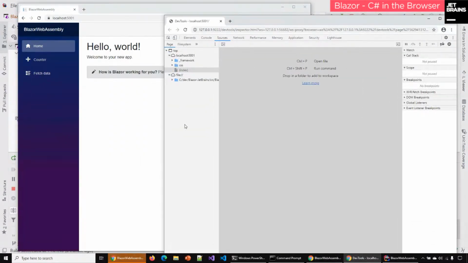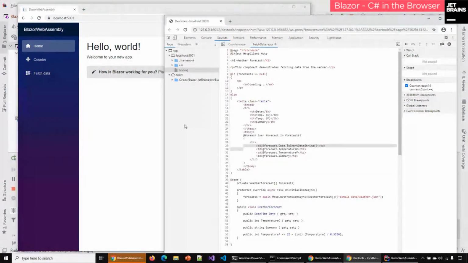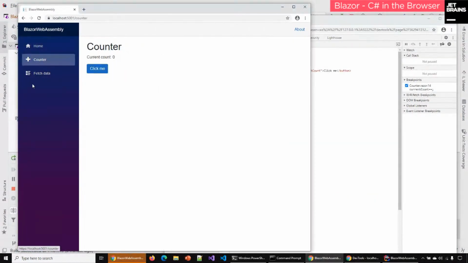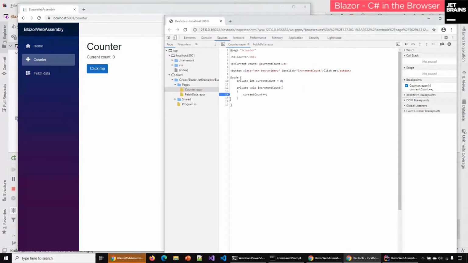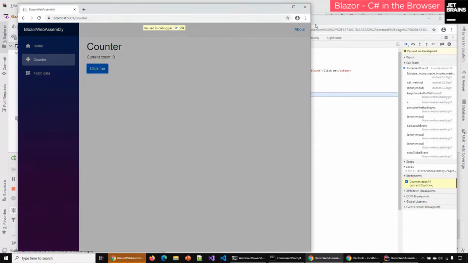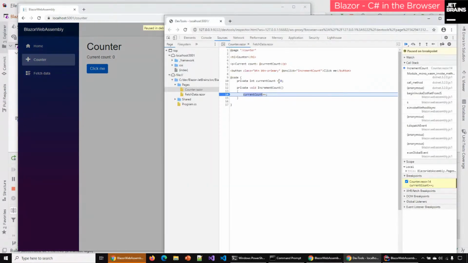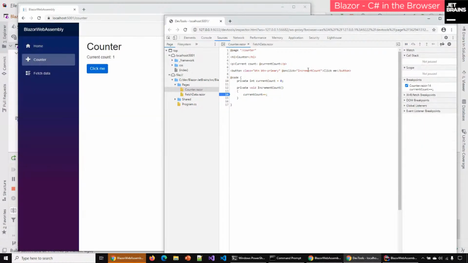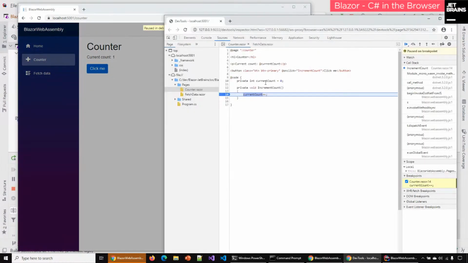So yeah, the Shift-Alt-D is responsible for doing the kind of remote debugging. And so there we go. Now you can see, if I go through here, I can actually set breakpoints. If I go to my counter page, you can see I have a breakpoint set right here for the current count. If I click that, it says paused in debugger, and you can actually view it. So we go ahead and say, okay, continue on. Come back here, and as you can see, current count is 1. So you can actually go ahead and debug things.